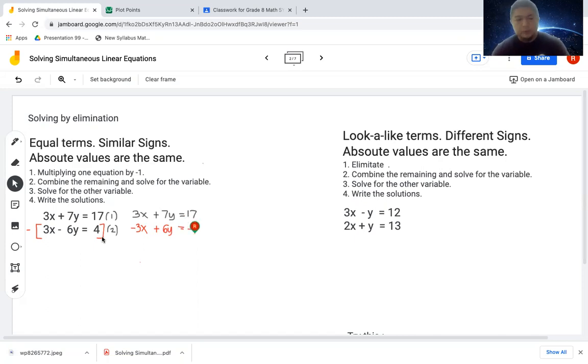Solving this one, we just easily eliminate the x because they will give us a 0. Then this one will now give us 13y. And 17 minus 4 is equivalent to 13, which will give you a value for y equivalent to 1. All right, so now